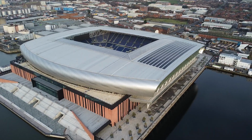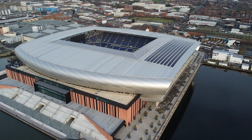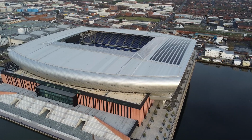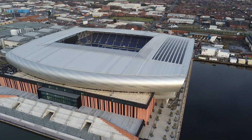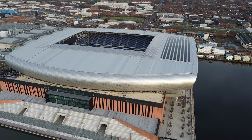They've had to clear ordnance off this site after World War II, and I believe there was actually a couple of ordnance that they found when they were doing the infill as well. So for us to now be taking over this site and hopefully bringing a new chapter in Everton Football Club,